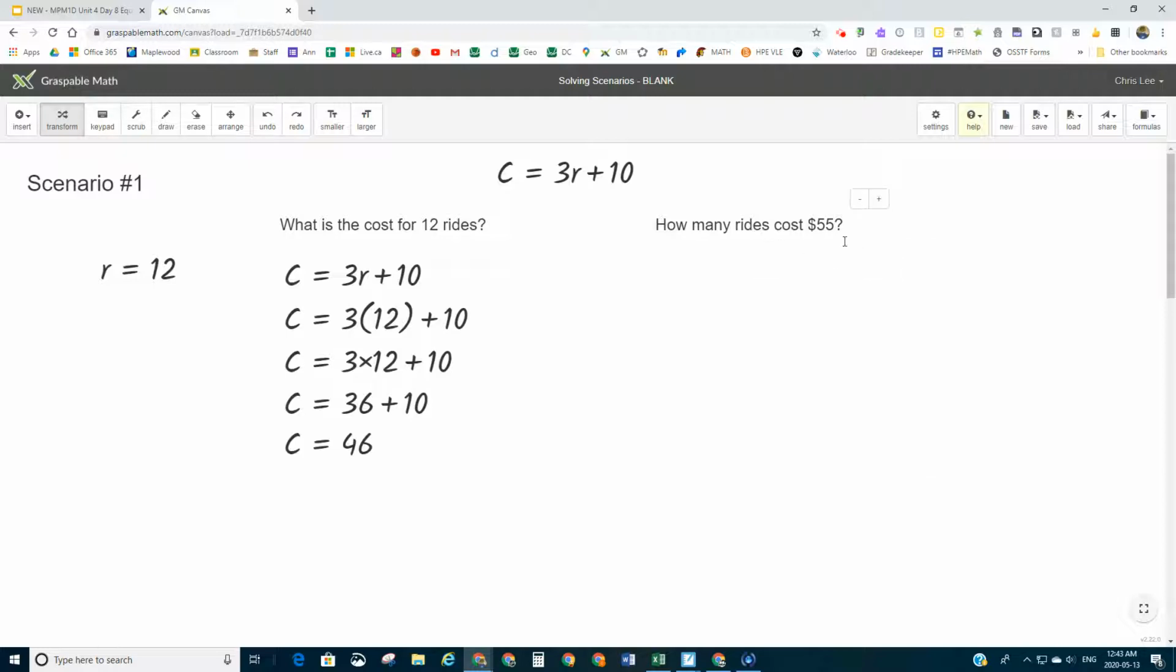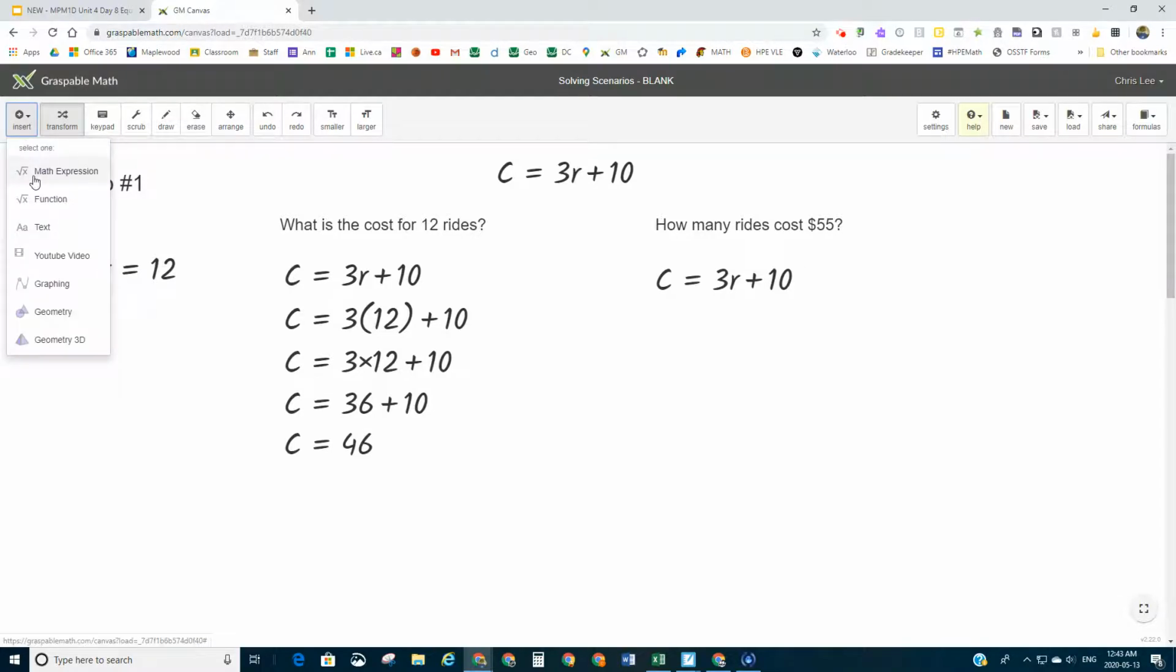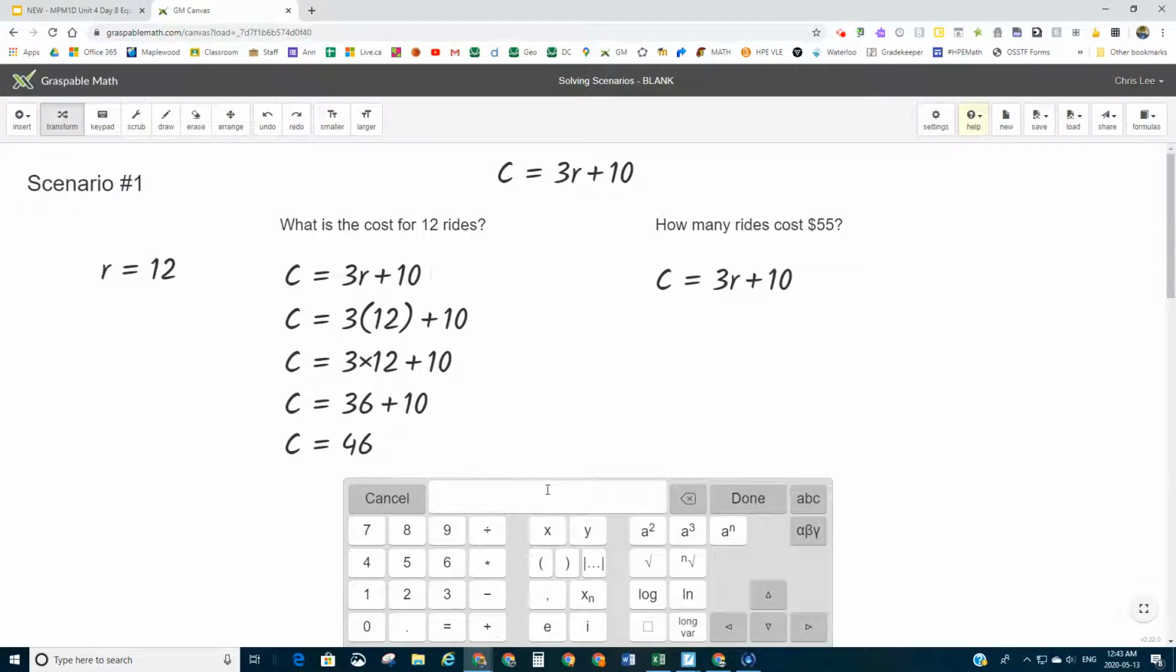How many rides for $55? Well, again, I'm going to go to the end, click and hold on the circle to replicate the equation. And now, though, it's how many rides cost $55. That means I know my C. So I'm going to go back up and insert math expression, and I'm going to put capital C equals 55